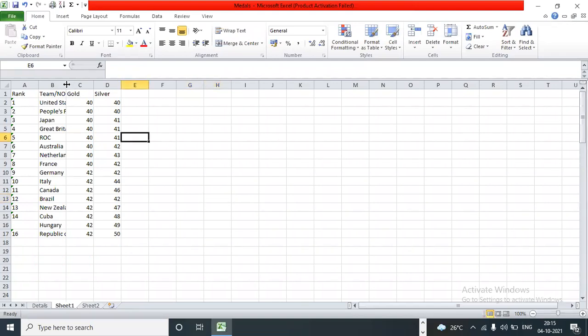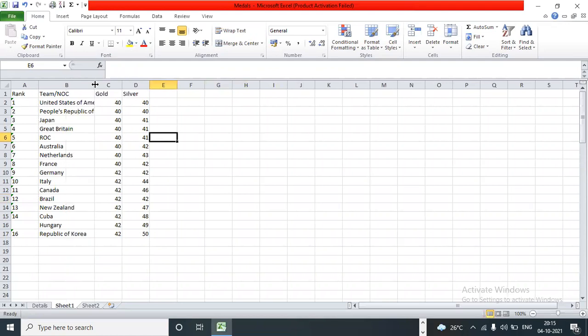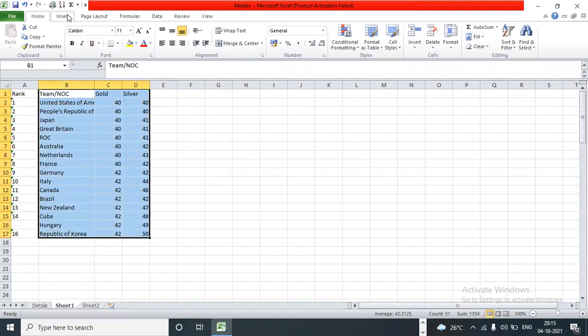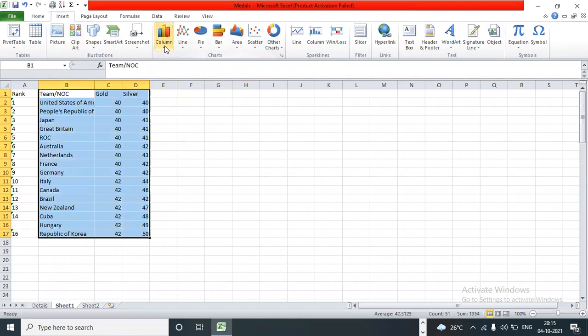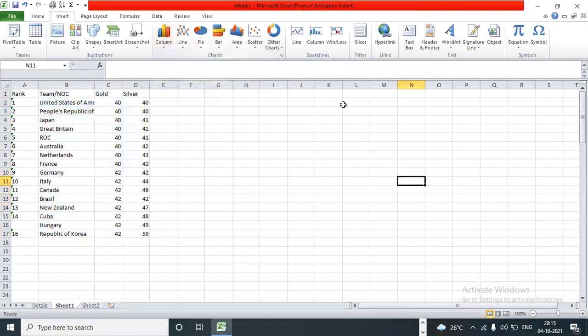Okay. So now, if you want to create any graph chart or pie chart, how can you do that? Just click this entire data set, then go to insert. You can see the graphical representation. I think this column should collapse. I don't know what is the reason. Okay, let me put it somewhere over here.